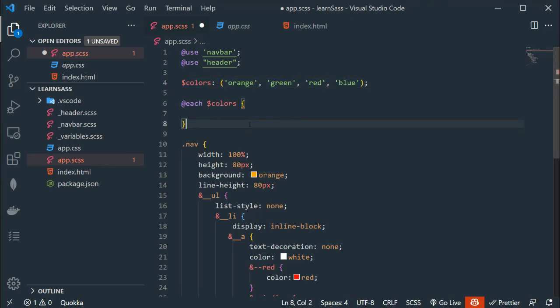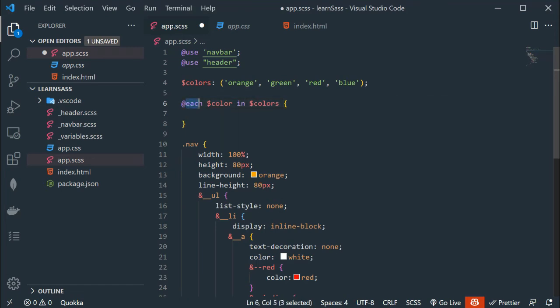Now to access an individual value from this list, before $colors we have to add $color. Instead of $color you can add $a, $b, $c, whatever you want, but in my case $color. Now we have to add the in keyword.